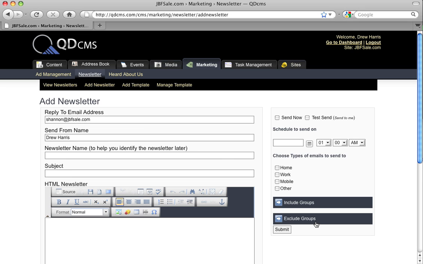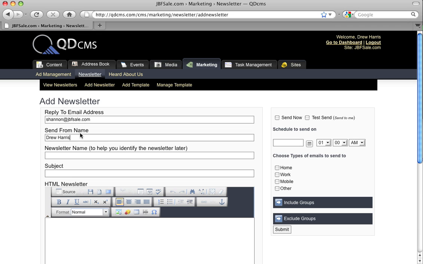Before we talk about either one of these columns, let's talk for just a second about who the email newsletter is sent from. It doesn't show up in any of these fields because it's set behind the scenes as whomever you're logged in as. Now you can change the send from name here in this field. So if you want it to be the name of your company or something other than the name that you're logged in with, which shows up here in the top right hand corner of QDCMS, then you can change the from name here, but the actual email address that it sends from